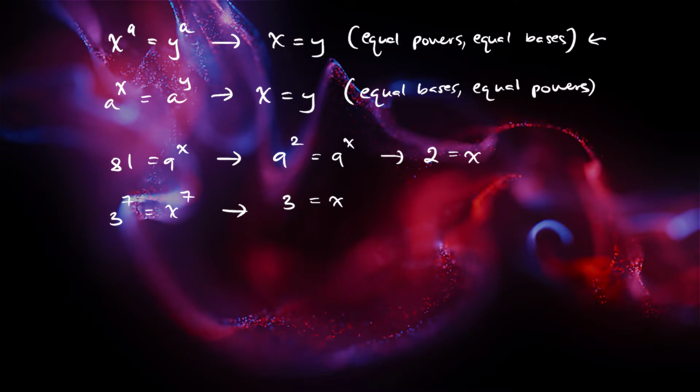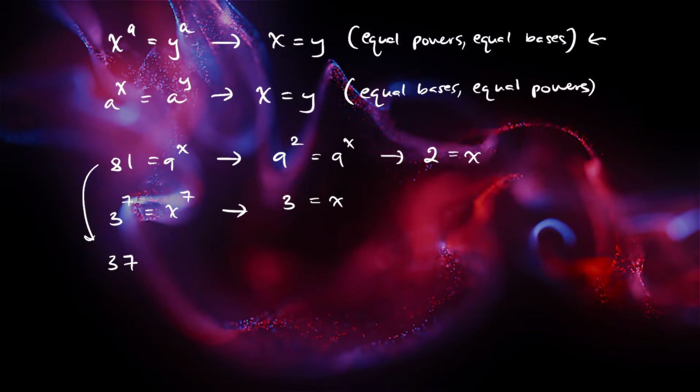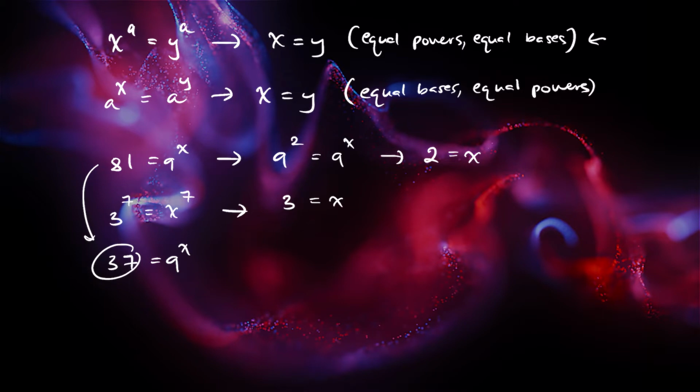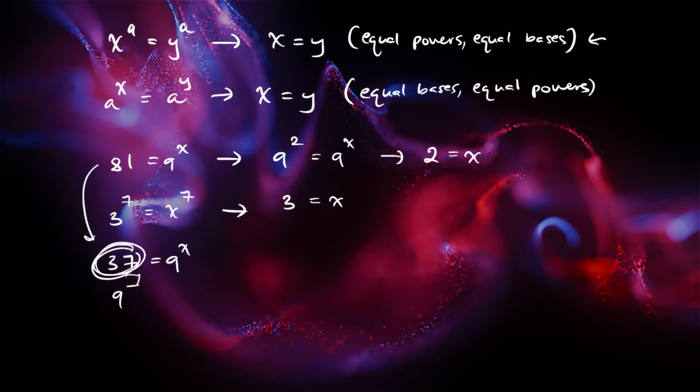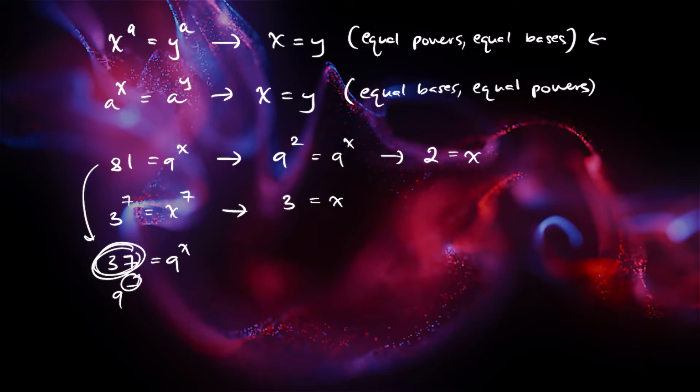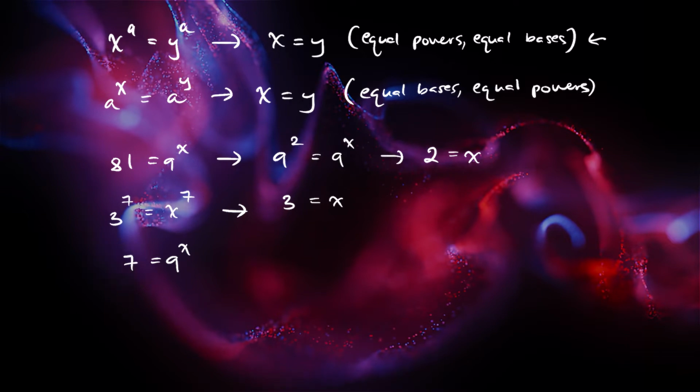But consider what if, in this first example, I made this 37 is equal to 9 to the power of x? Well, now I can't simply rewrite this as 9 to the power of something, because our power will not be a nice integer number, it will be some kind of decimal value. And so how do we get around this? Well, in fact, we can use logarithms to solve what this power would be. So if I clear that a little bit and scroll down a bit,